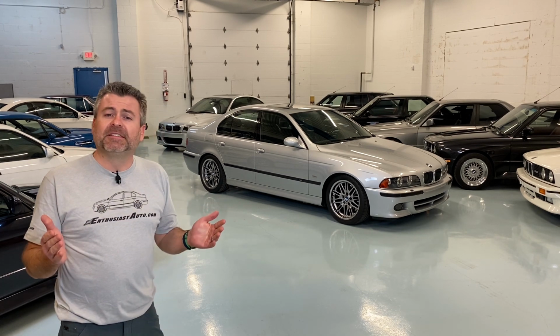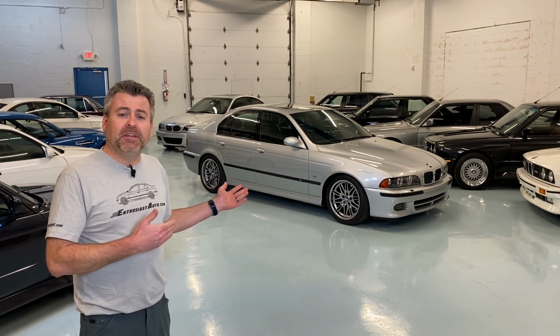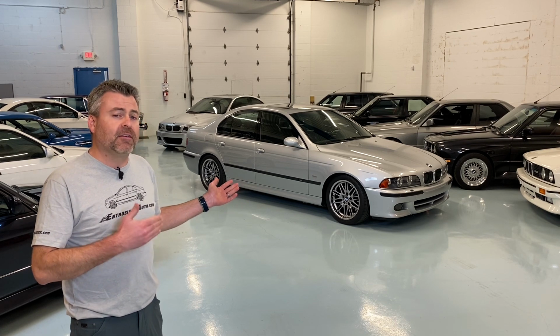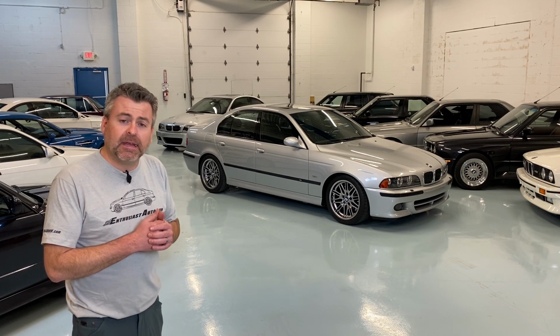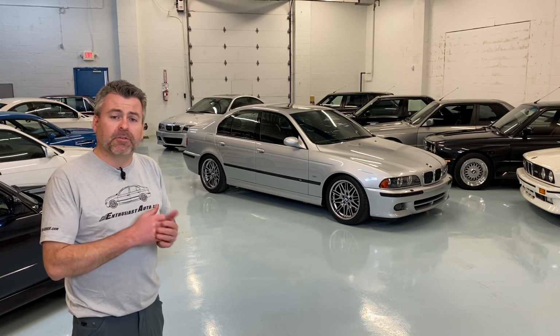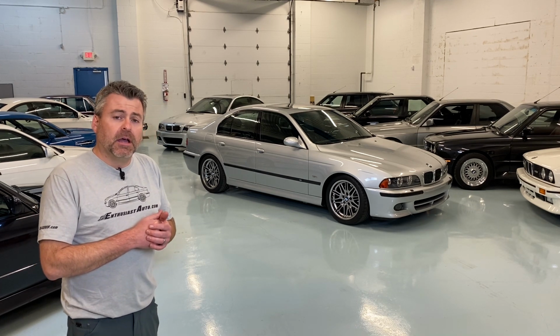And on the marketing side of things, let's talk about this M5. This is the quintessential EAG BMW. This is the EAG E39 M5 repeat visitor. It is a 2002 titanium silver on black sport leather, Titan trim. It's a full option car, and one that we've owned now 3 times. It is